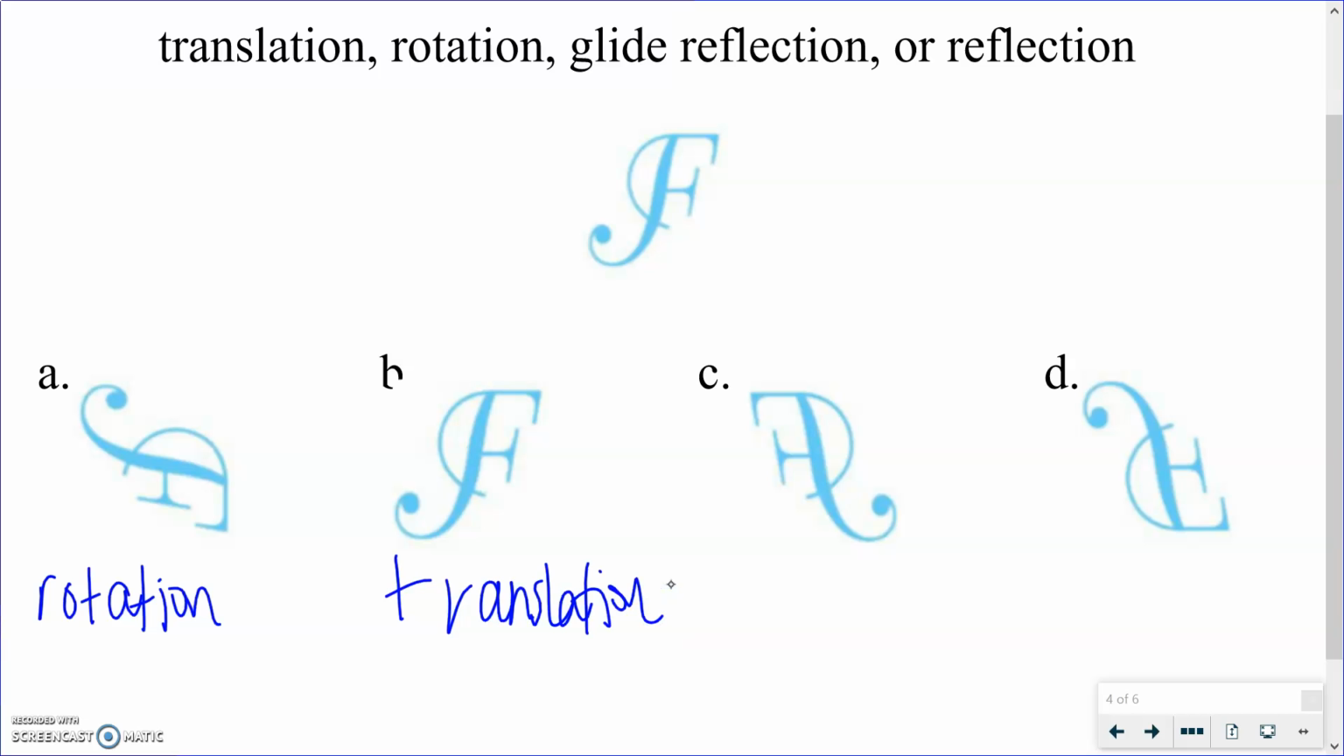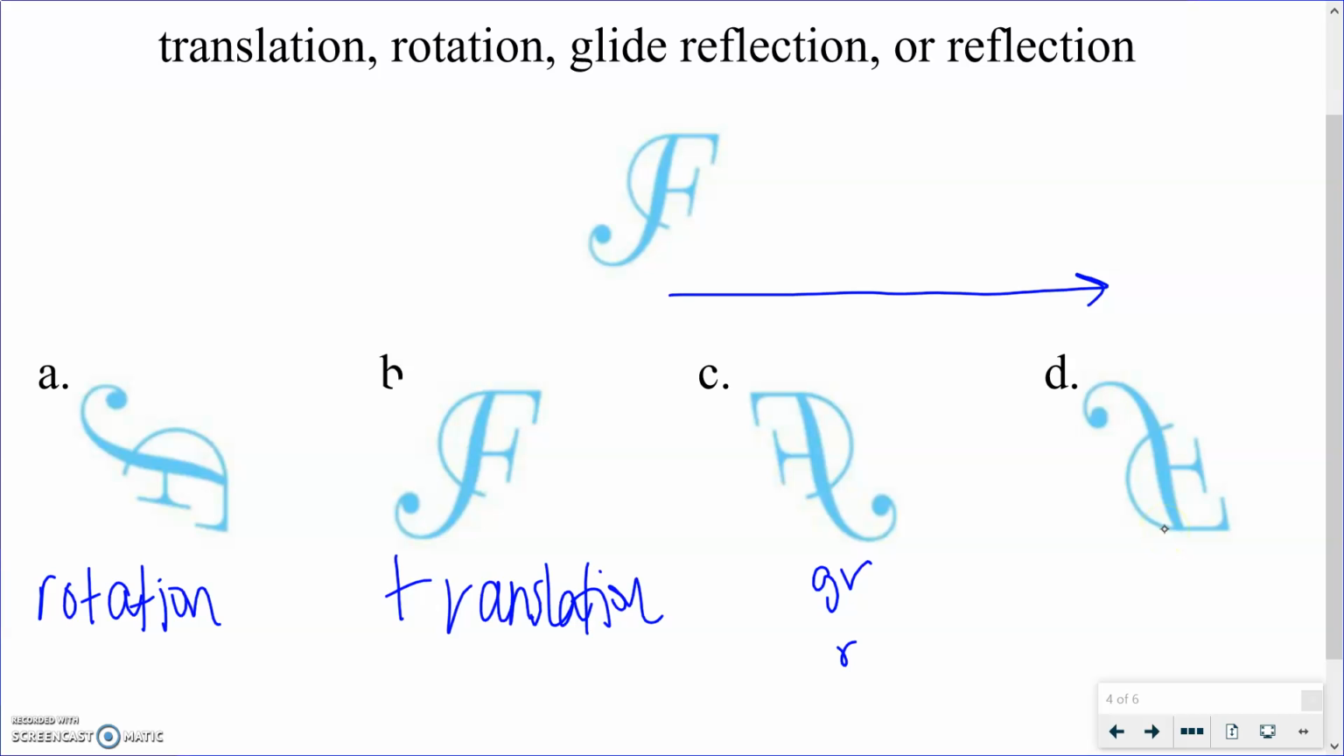I struggle with this one because it's actually kind of a glide reflection because it's been translated down and reflected. So I would say glide reflection or reflection would be acceptable for this one. And then this one is a glide reflection because it's translated this way and then reflected